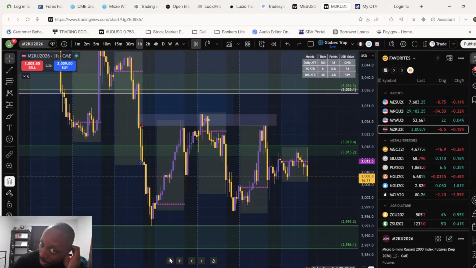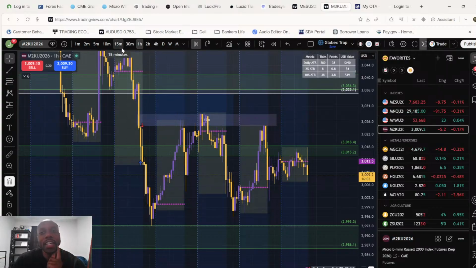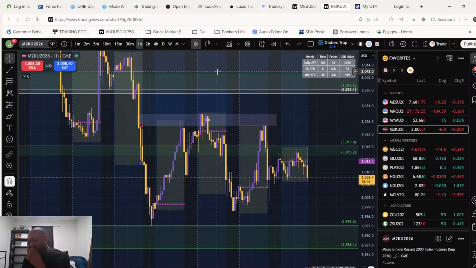For me personally, I like looking at the hour time frame. That's my favorite time frame to look at. Could look at others, but I feel like I get caught up in the noise of looking at the smaller time frames. And it's not as noisy for me on the hour. I see exactly what I'm looking for when I'm on the hour. The only issue is it takes a lot longer for that play to set up.